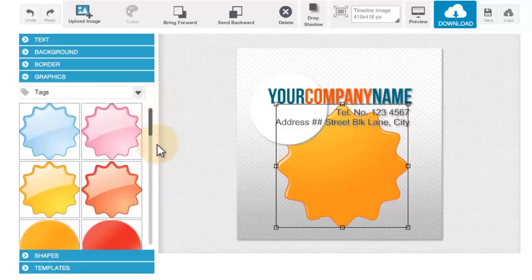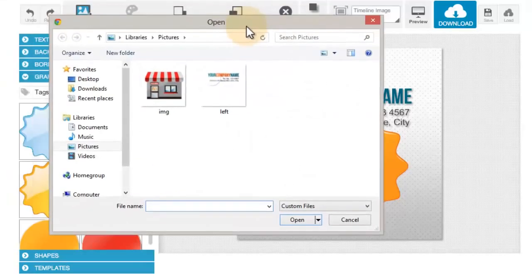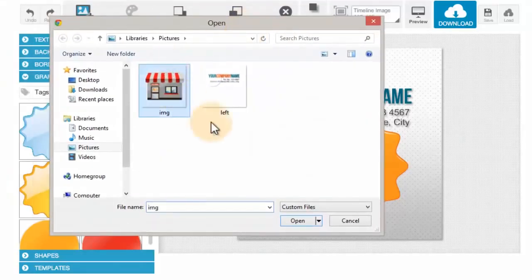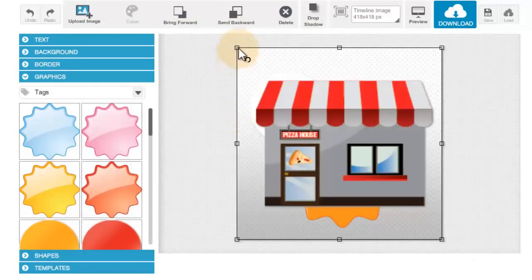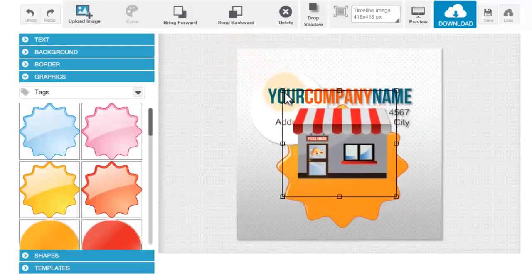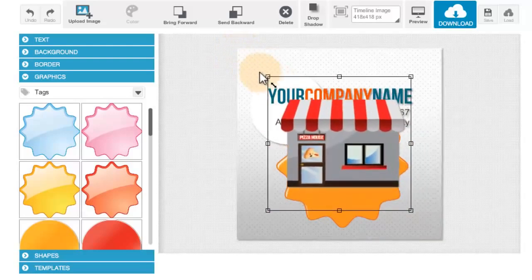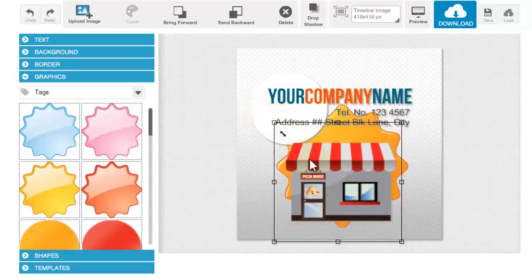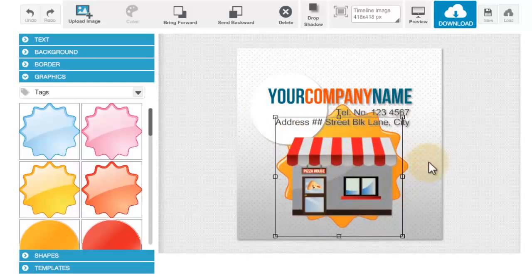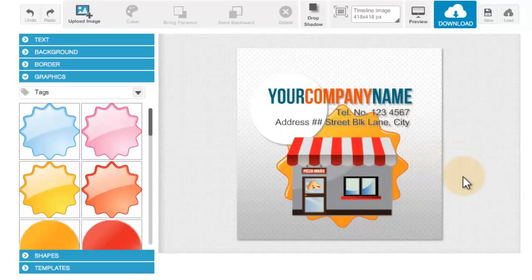You can also choose to add your own images to your canvas by clicking this upload image button. Then, of course, after you click that, locate the file on your drive, which is actually this image. I would want to insert that one, and then open. So like any other graphics, you can edit it the way you edit the other stuff. So this is a very ugly one right now, but it's for the sake of using it anyway. All right,